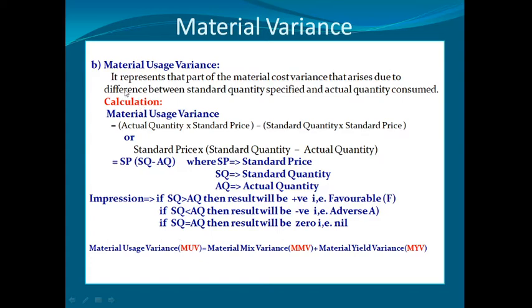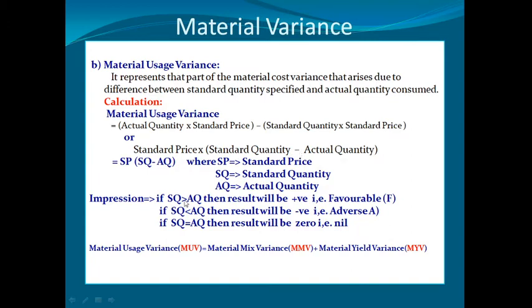Material usage variance. It represents that part of the material cost variance that arises due to difference between standard quantity specified and actual quantity consumed. The calculation is as under: material usage variance is equal to actual quantity multiplied by standard price minus standard quantity multiplied by standard price, or standard price